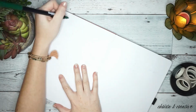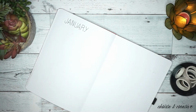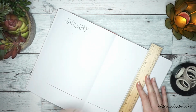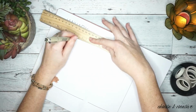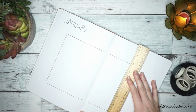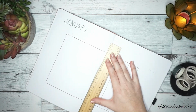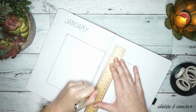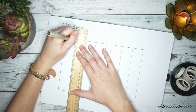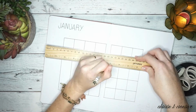This is my full calendar layout, one of the spreads that I'll continue with moving forward. You'll see as we move on that I really changed up my spreads for this month as opposed to some of the ones that I incorporated into my bullet journal last year. This one I feel needs to be one that sticks with me throughout the year, as I can track events, and as things start to somewhat get back to normal,